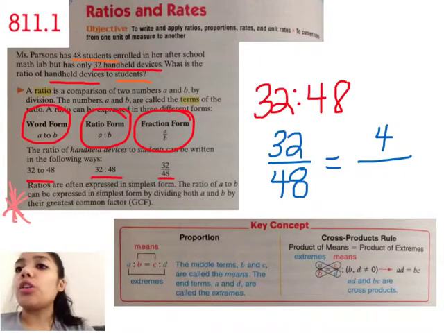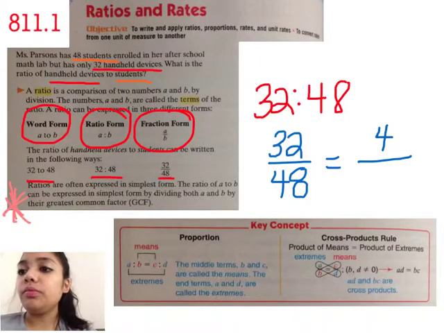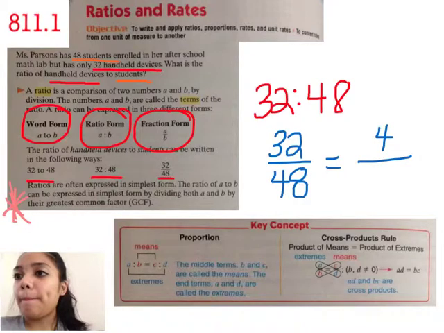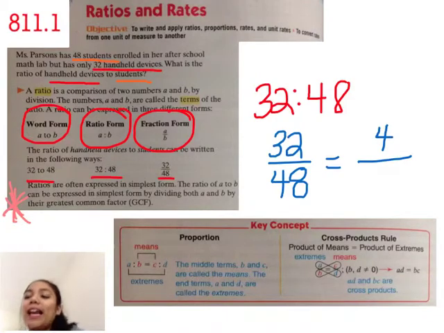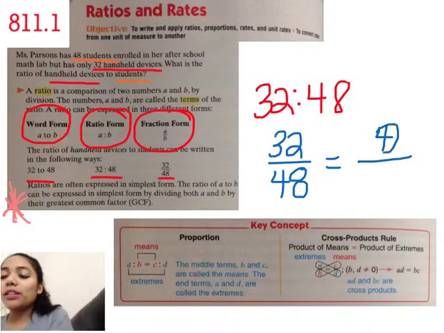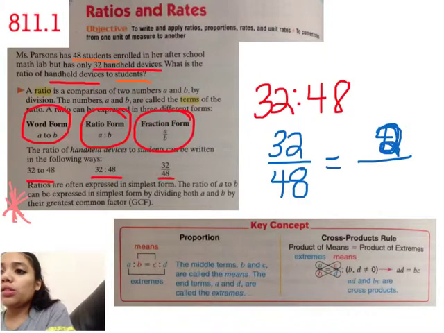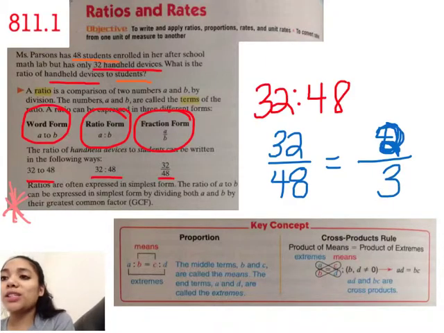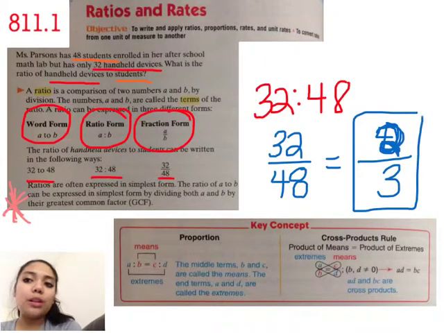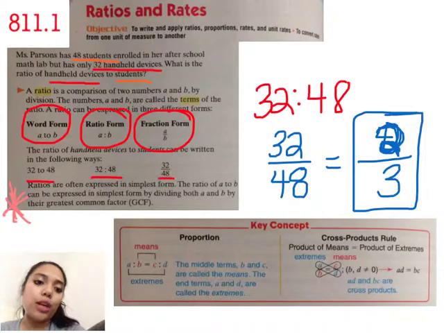So 32 over 48. These can both be divided by 8. 32 divided by 8 equals 4. 48 divided by 8 equals 6. Ooh, there's a bigger number. What else can they be divided by? 32 and 48